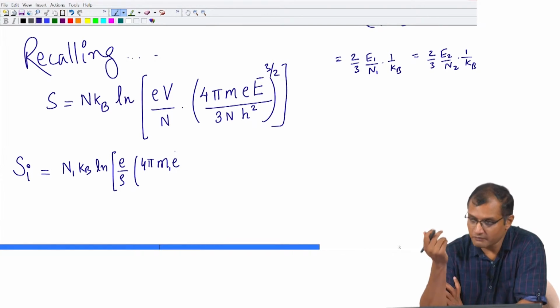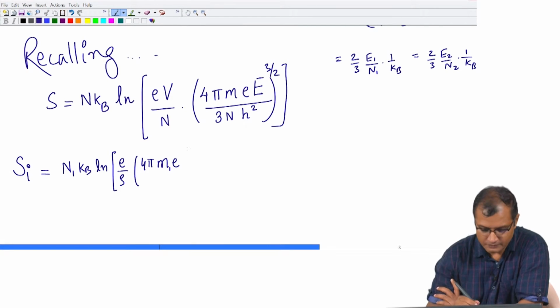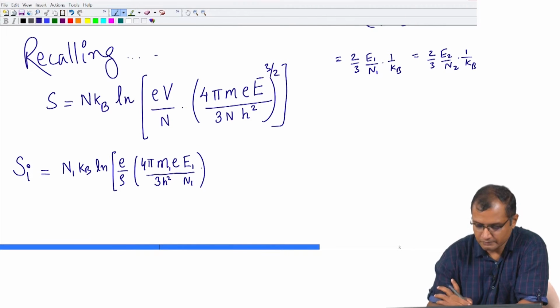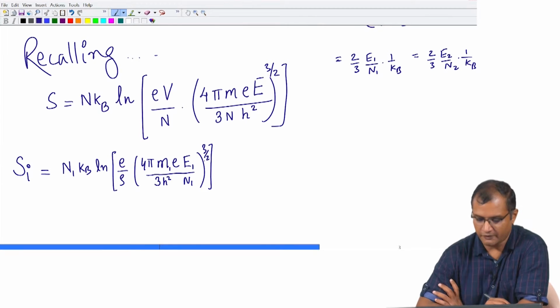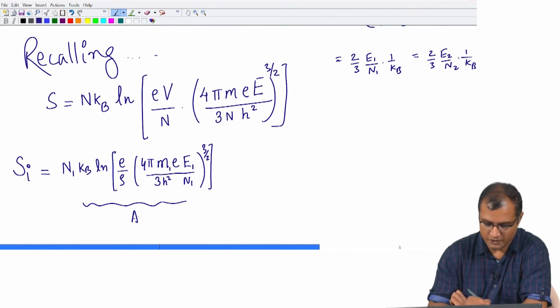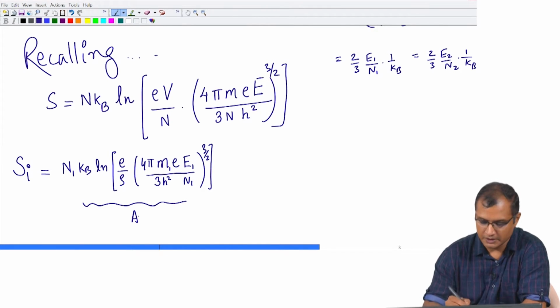Yeah, I am going to take m1 for both of them. E1 by 3h square N1. Fine. This is for just A type, for just one compartment, okay, plus